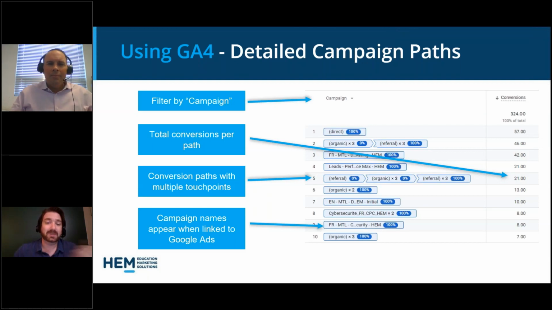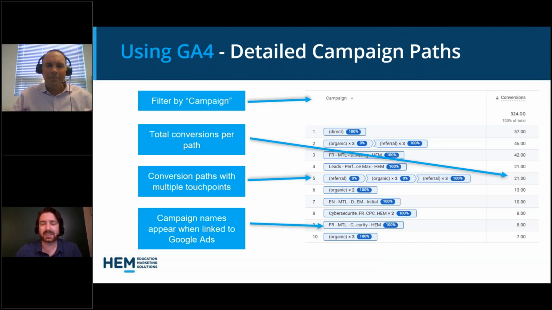So in the previous one, we saw how paid ads was responsible for 60 conversions. But we see here, there's not a lot of just single paid ads. So what it looks like is paid ads played a part where maybe multiple paid ads were part of this process. For instance, here on row number 8, we see the cybersecurity campaign, and it was interacted with twice. So that tells us that these users in particular saw the ad twice before they actually ended up converting. Sometimes you might interact with multiple different ads and so forth before you finally become that conversion.